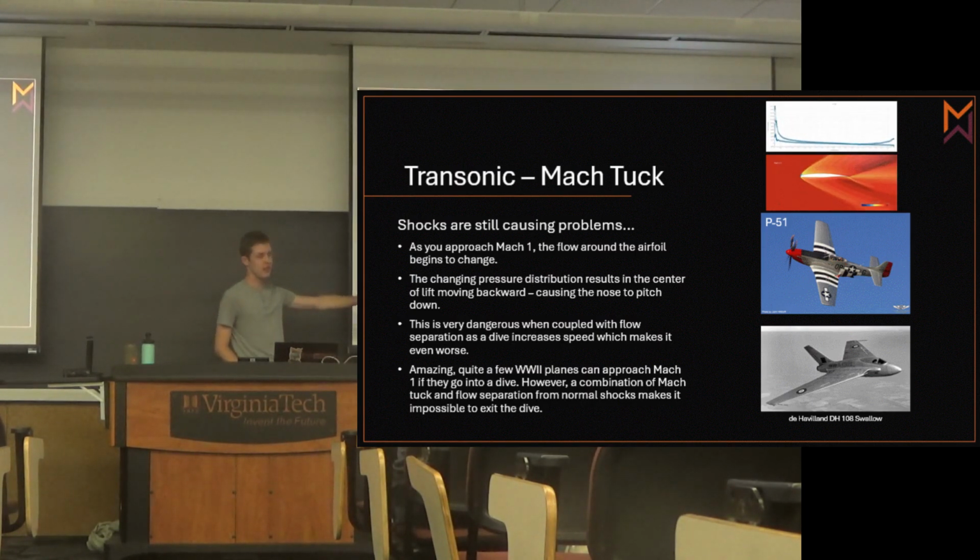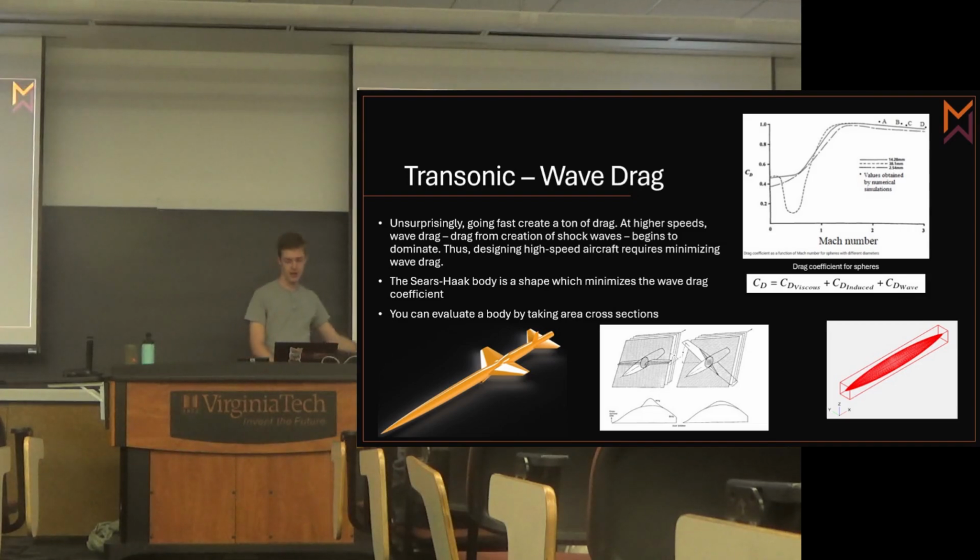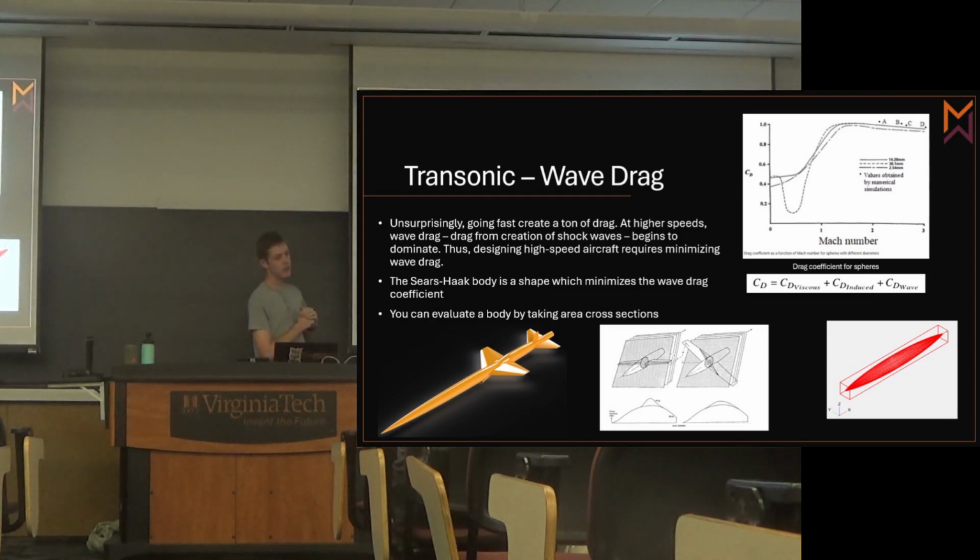So when we come to actually designing things, you have to be super careful, and this is kind of our initial control problems. And then unsurprisingly, drag is a problem. I know that really surprises a lot of us. However, there's a unique issue when we get to transonic and supersonic, which is called wave drag, which is just characterizing the additional drag from approaching the speed of sound and creating shock waves. So when we were looking at case 42, case 49 a second ago, all the shock waves from the CFD, those are making drag. Those big pressure spikes